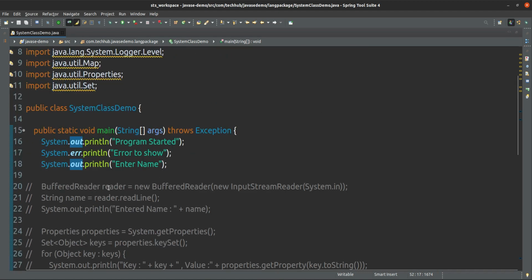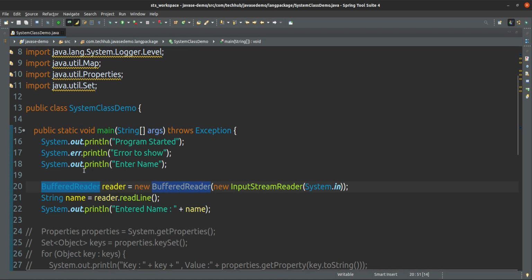So these 2 are there. Now I am using System.in here. This is actually from the input output package, you can ignore this one, no issue. I am just creating this to take input from your keyboard, that's it.